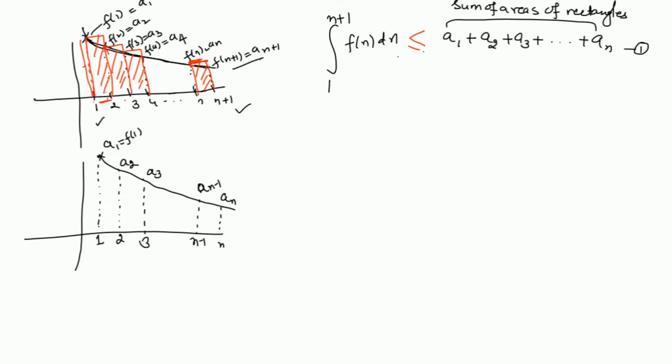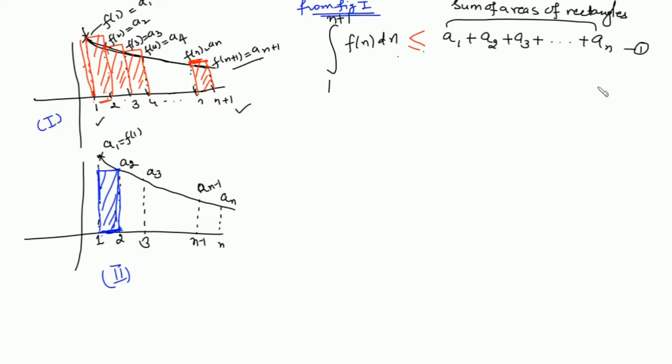Now in this case, you consider the lower rectangles. What is the area of this rectangle? This is 1 and this is a2. So length into breadth, so this is the area of the first rectangle in figure 2, this is your figure 1. So from figure 1,